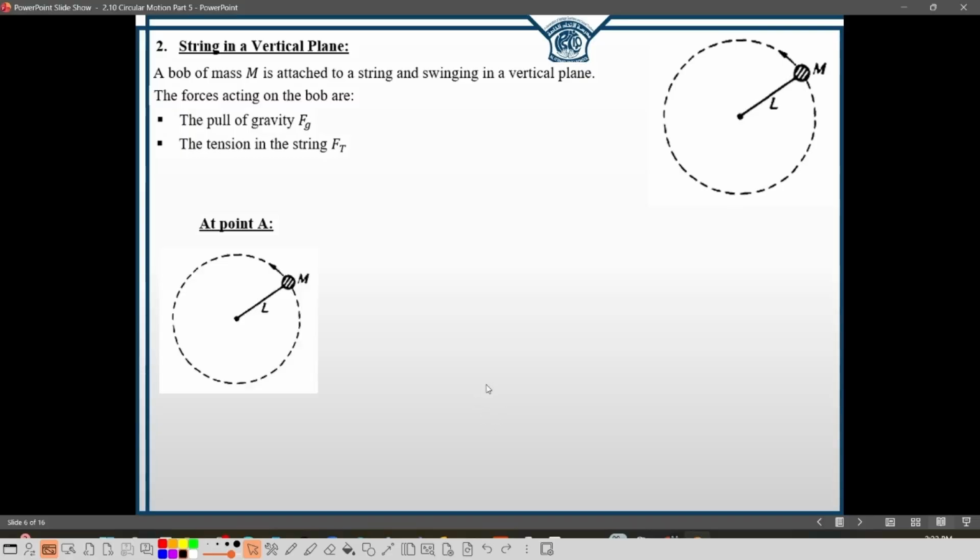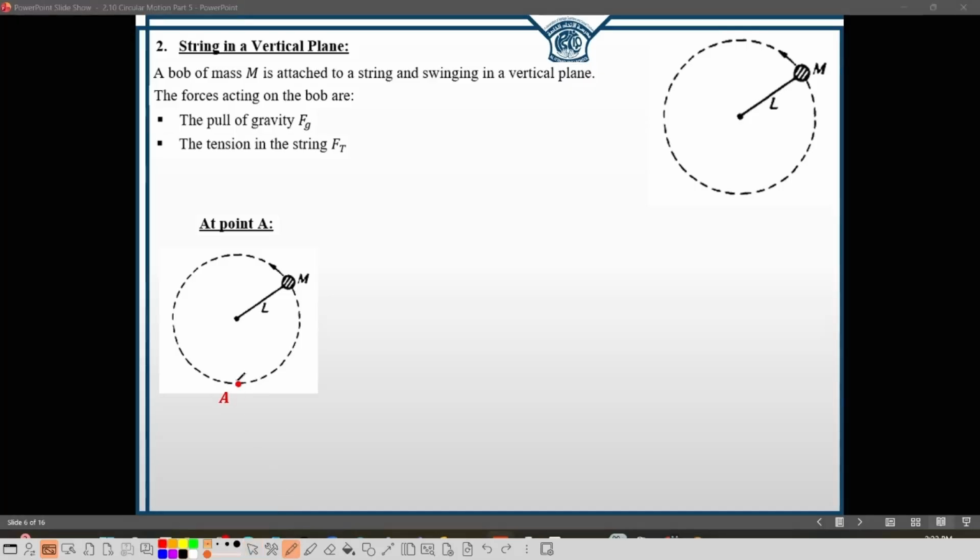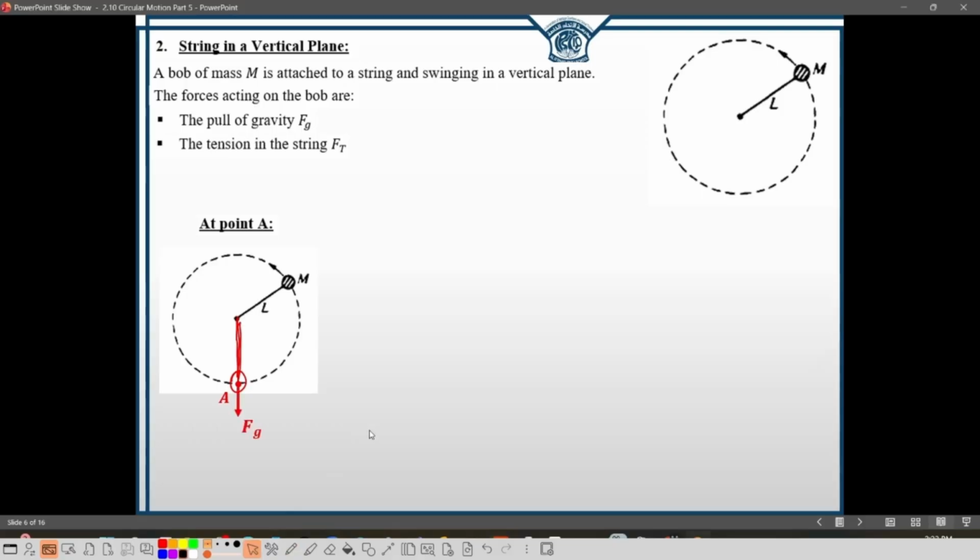Let's start with point A, and let's assume point A is exactly here. The two forces are acting on the bob. Let's assume that the bob now has moved to this position. The string is pulled tight this way, the force of gravity is downward and the tension force will be acting upward. And if we consider the centripetal direction, the net will be Ft minus Fg. We always consider the positive direction to be inward. So Ft positive, Fg negative, equals mv squared over r,